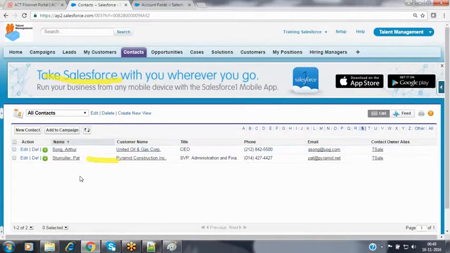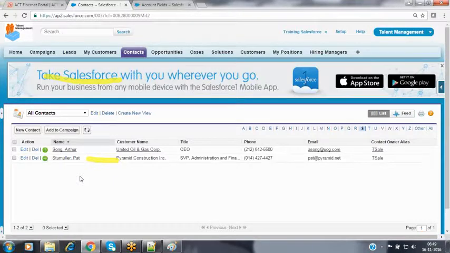Nothing but what happened in Salesforce, even though there is a lookup association between the account and contact, this behaves like a master detail at the time of deletion. Whenever you remove the parent account record, the associated child records get removed automatically by default, even though it is a lookup association. It's not master detail.